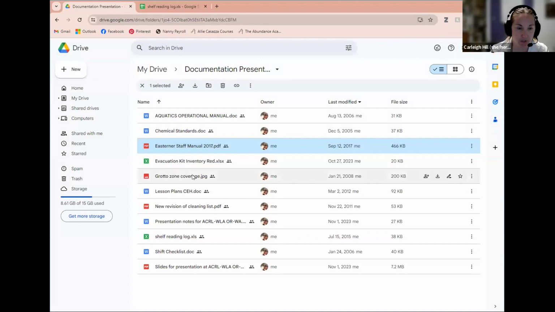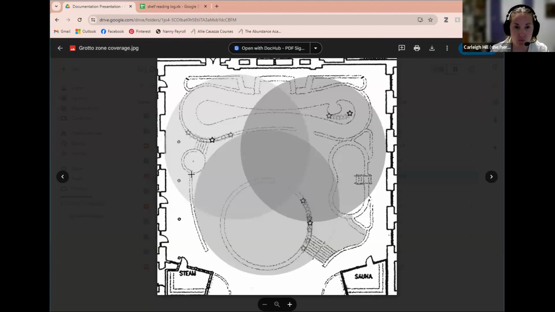Here's one of a map. So map documentation can be very important. So maybe, like you have